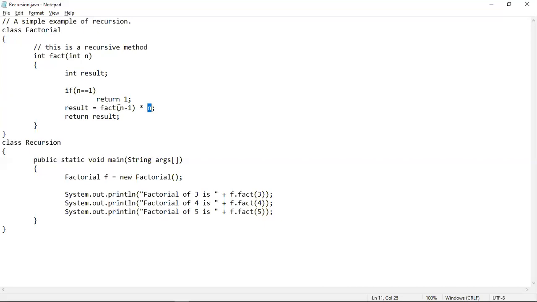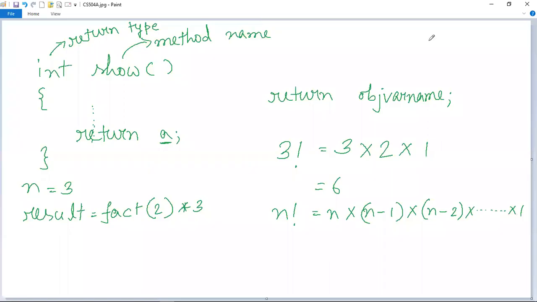So now let's understand this program by understanding this calculation. To better understand how the fact method is working, let's go through this example, where the value of n has been taken as 3. When you compute the factorial of this value 3, the first call to fact will cause a second call to be made with the argument 2, and this invocation will cause fact to be called a third time with the argument 1.